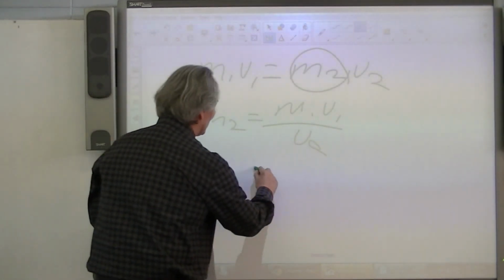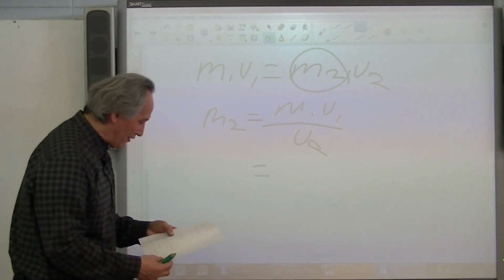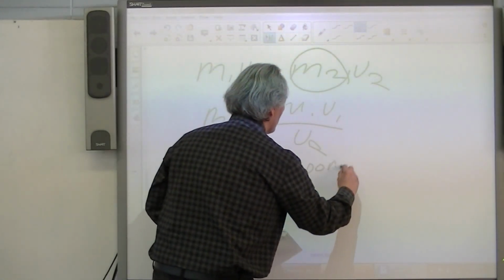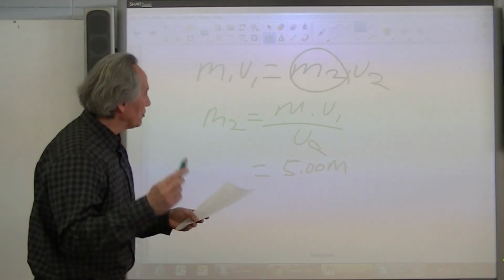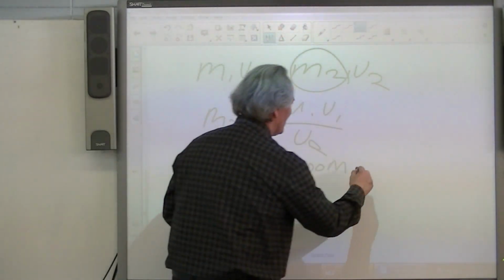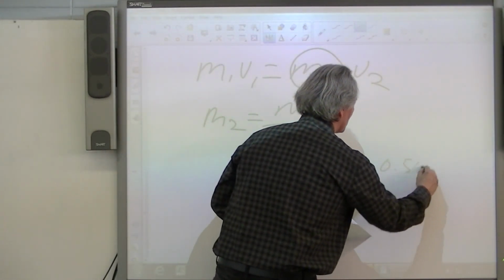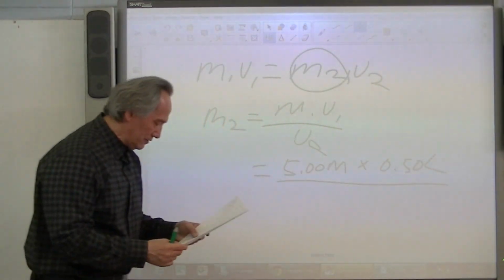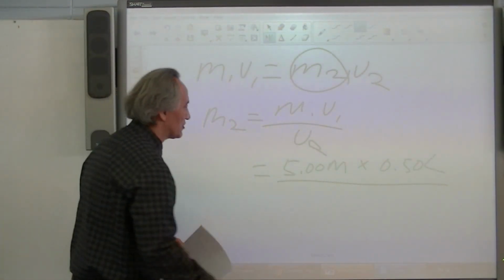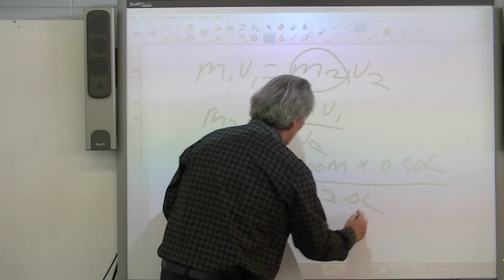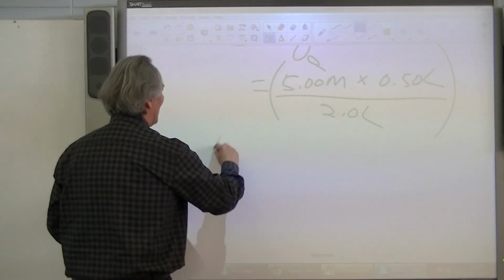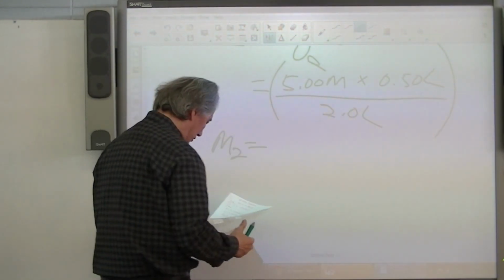Okay, let's go ahead and plug in the data that we've been provided. M1, in fact, is a 5.00 molar solution. We were also given its volume at 0.50 liter. And then our volume 2 for the dilute solution was in fact 2.0 liters. Plug this information into our calculator, and hence we should have a molarity of the dilute solution,